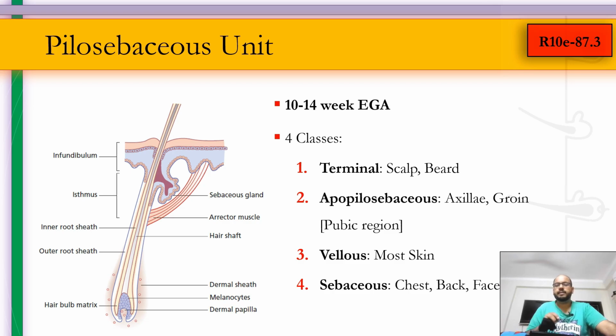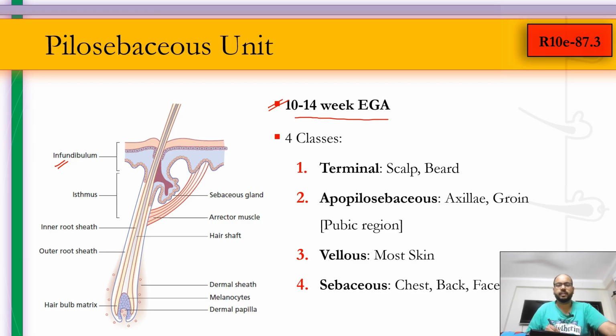Now, this is the pilosebaceous unit. If we need to understand what all changes happen in the hair cycle, we must have a background of the pilosebaceous unit. We know that the follicles have nearly developed in 10 to 14 weeks embryonic gestational age. So we have the hair, then the part which goes inside the skin, the part that is invaginated below, is known as